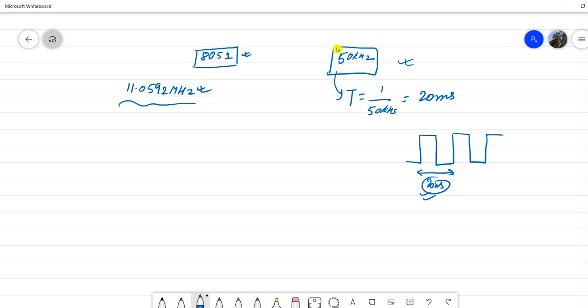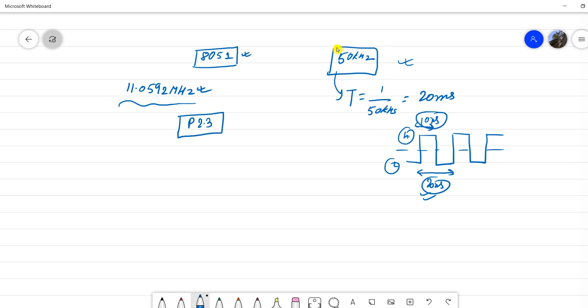If we take the half time period, it will be 10 microsecond. For 10 microsecond the level of voltage will be high, and for the next 10 microsecond it will be low. In this way our square wave will be generated. In practice we have to set a particular port, and the port given to us is port 2.3.